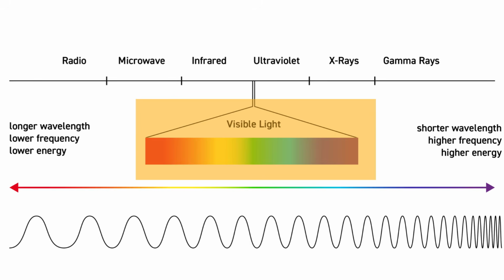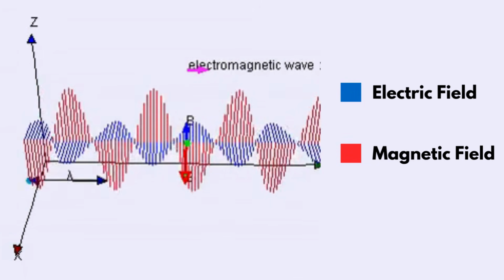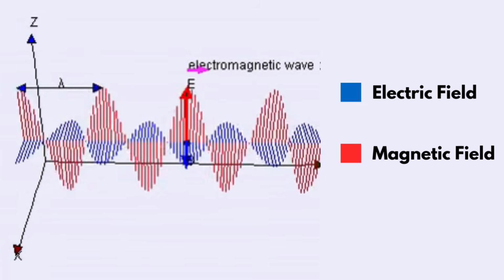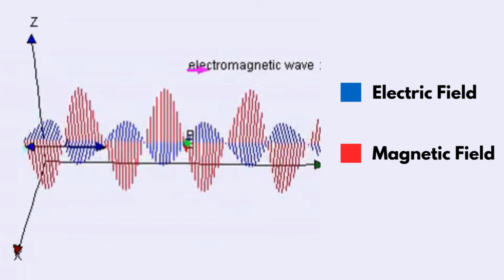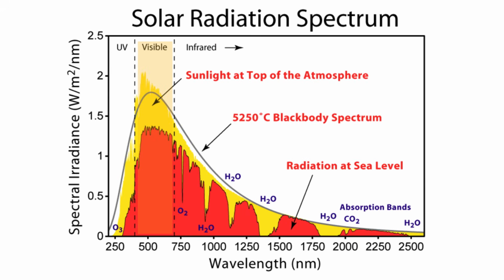Visible light occupies only a narrow portion of the electromagnetic spectrum, and from a physics standpoint, it isn't special at all. It behaves like every other form of electromagnetic radiation, following the same physical laws as other waves. What makes visible light important is its relationship to human biology. Human eyes evolved to detect wavelengths between about 400 and 700 nanometers, because this range aligns well with the sun's emission and with the wavelengths that pass most easily through Earth's atmosphere.